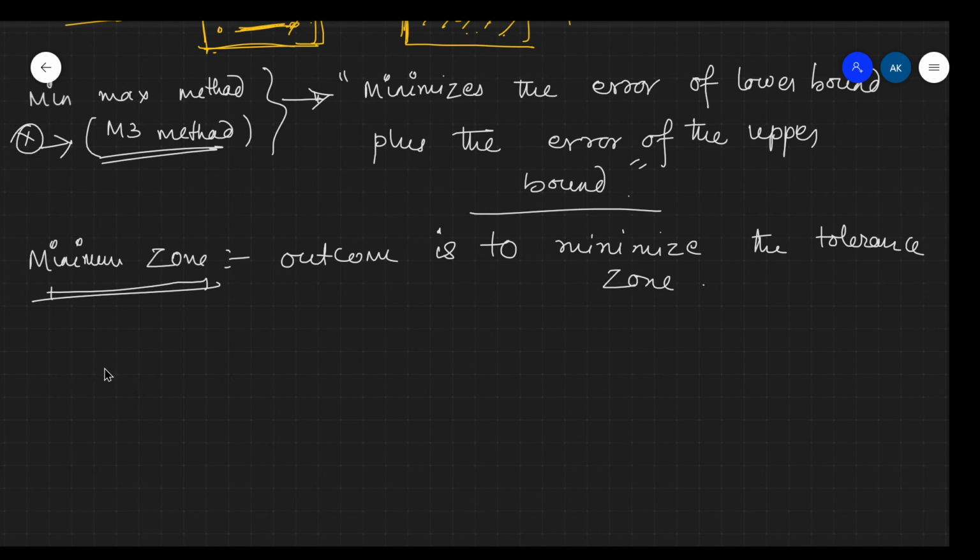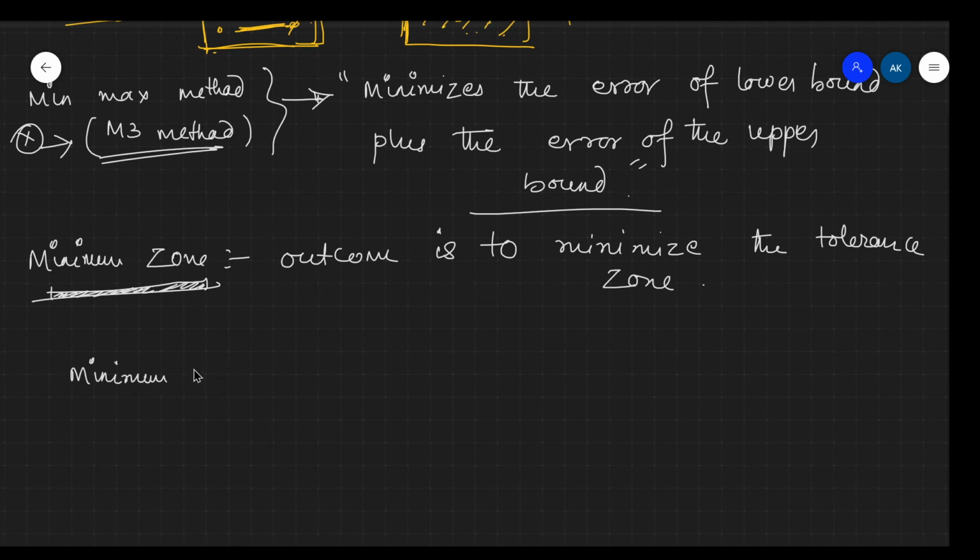And like any geometry, where you want to minimize the tolerance zone, the best method is the min-max method, and in that also the minimum zone method. This is the algorithm which will give you the best result. Okay, and the another one, which is your